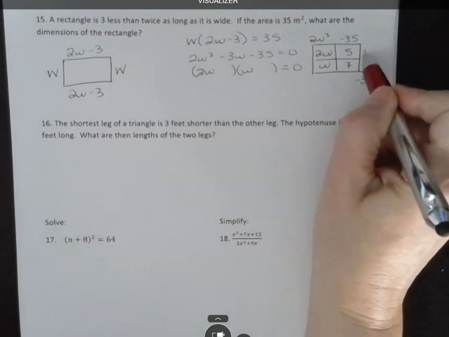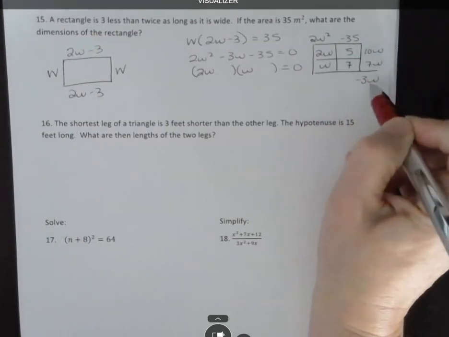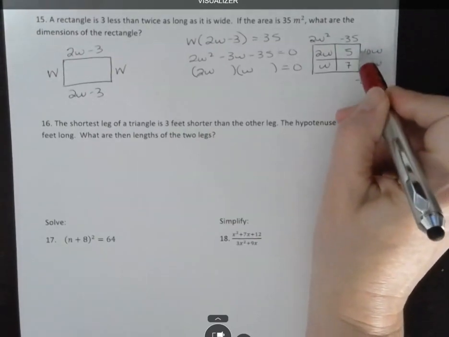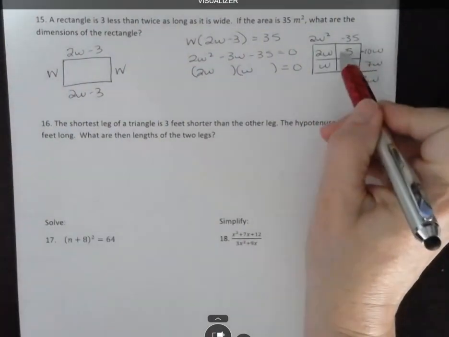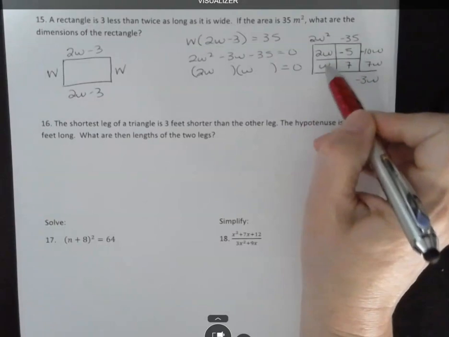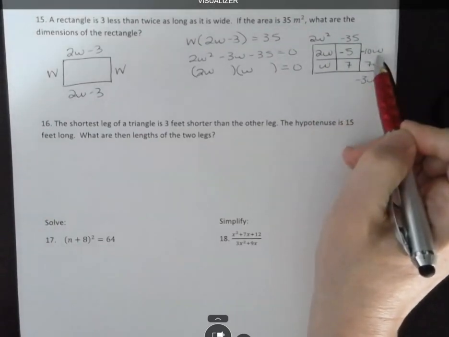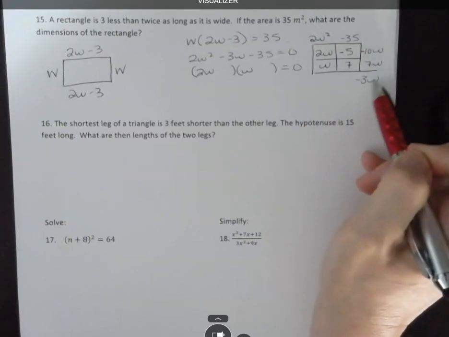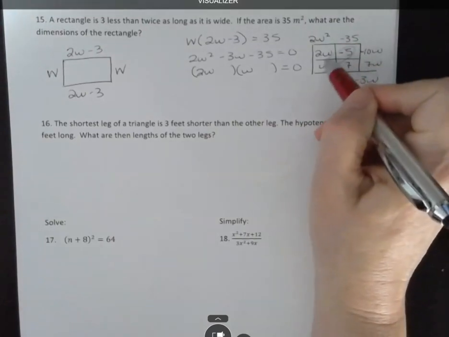2 times 5 is 10w, and 7 times w is 7w, and you want this to add up to negative 3. So the larger, greater number here has to be negative. And that means we need a negative in this row, and we never put a negative in the first column, so it has to go here. 2w times negative 5 is negative 10w. W times 7 is 7w, and if you add those up, you get negative 3w. And so what we have is w minus 5